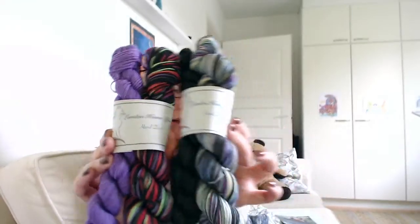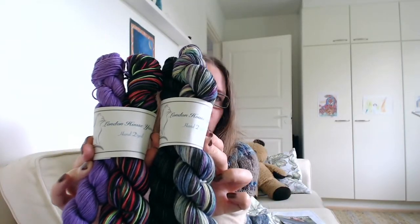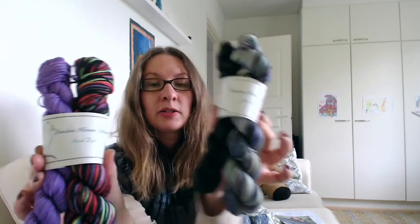Right, so I did promise stash acquisitions. I think last episode I said that I went a bit naughty on the yarn buying front, intending to buy just one skein and ending up buying lots more. The first order has arrived and it's from London House Yarns. Never ordered from them before, seen the yarns on lots of podcasts and really like the color combinations. And when I happened to be online at the right time for the latest update